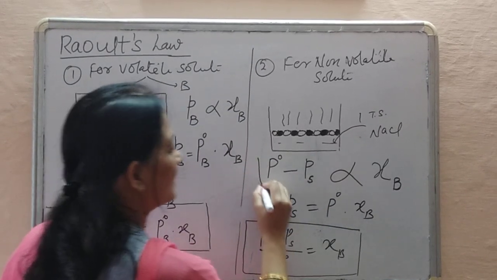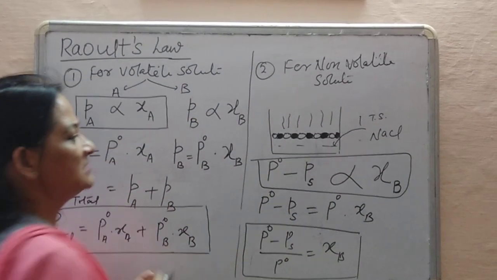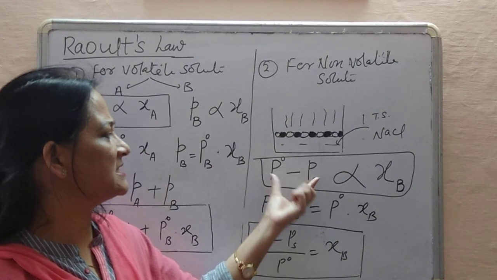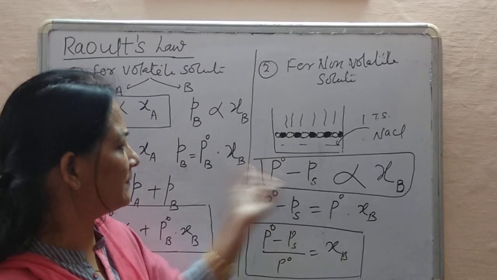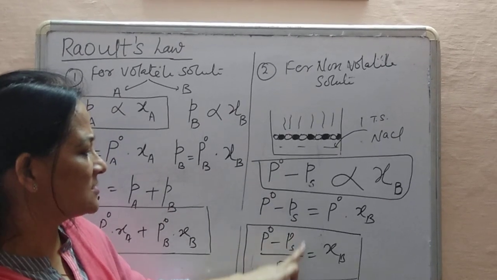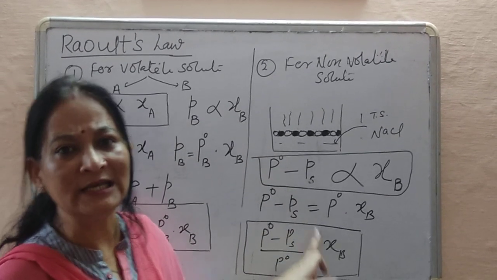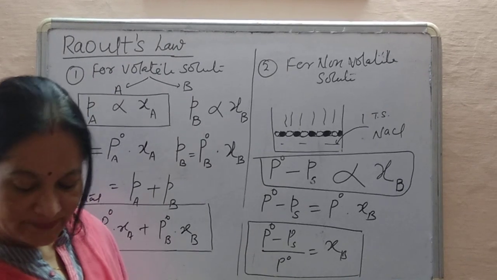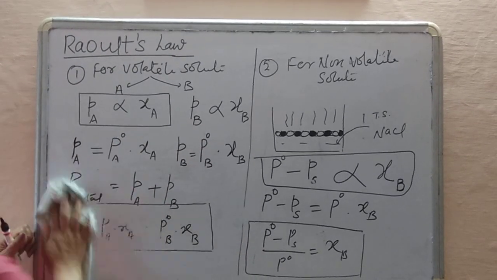See this. The term P0 minus PS is called lowering in vapor pressure, while P0 minus PS upon P0 is called relative lowering in vapor pressure. I will explain it with some numerical value, like